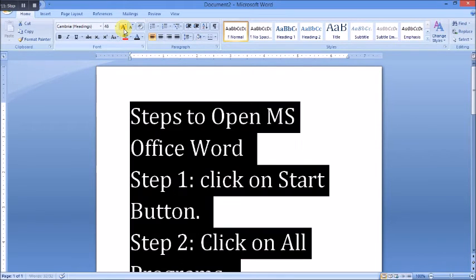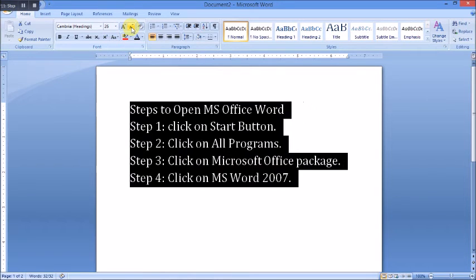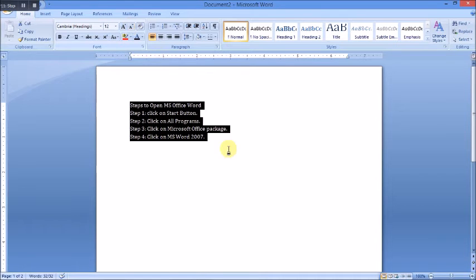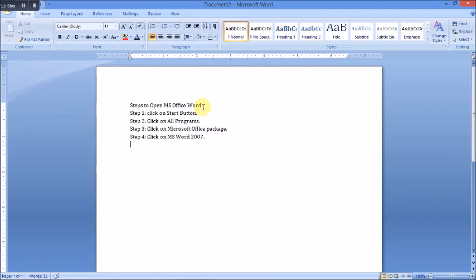Next is Shrink Font. Next is Bold. Now you can see that the text "steps to open MS Office Word" is a little stronger. Next is Italics, which slants the text slightly.